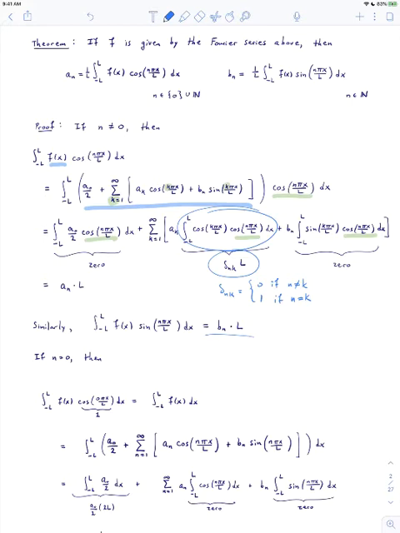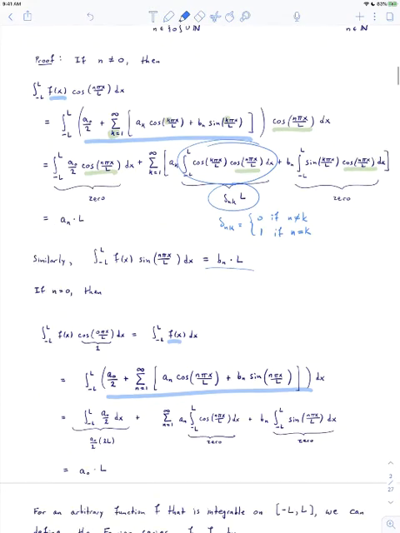What about the case where n is equal to 0? Well, in the case where n is equal to 0, cosine of n pi x over L is equal to 1. So when you integrate f at x times cosine of n pi x over L, you're just integrating f. So that's the integral from minus L to L of f at x dx. So again, we've just replaced f with the Fourier series which defines it,